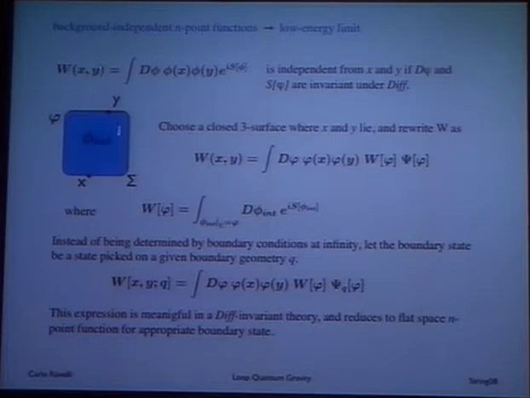Bring the geometry inside. So one way is to break this integral into the integral inside, on the boundary, and outside a given region in space-time, so a four-dimensional finite region of space-time, and then replace the outside integration with a state and view this as depending on this state, and choose this state as giving a geometry to the boundary. So in this way, one defines another object, which depends on x and y and the geometry on the boundary, which is the right object in the diffeomorphism invariant theory that can be compared with a two-point function in the background dependent theory.